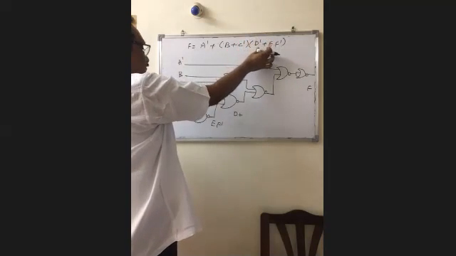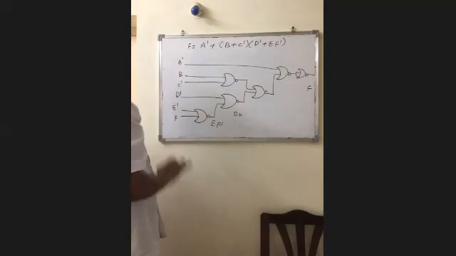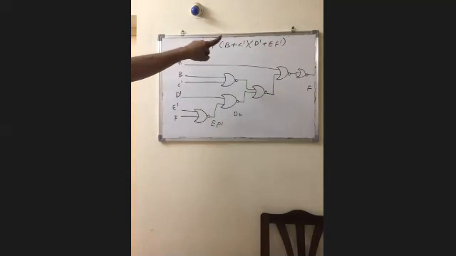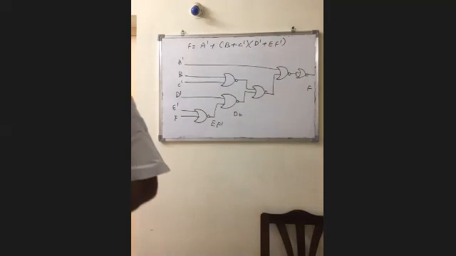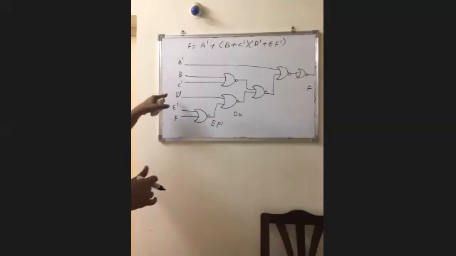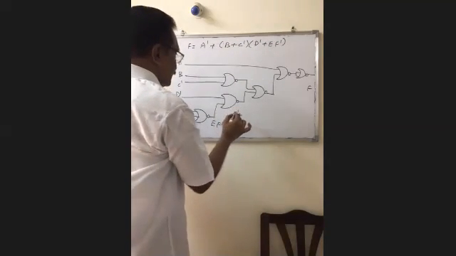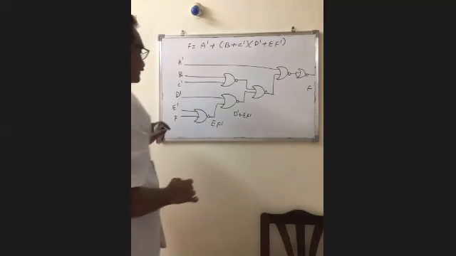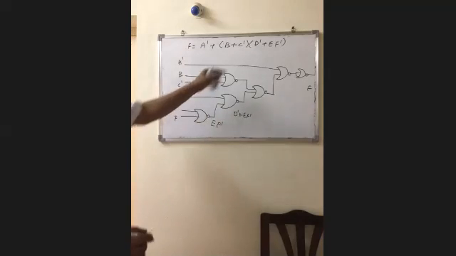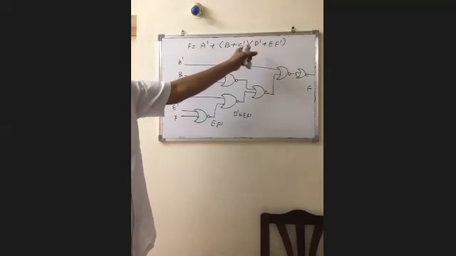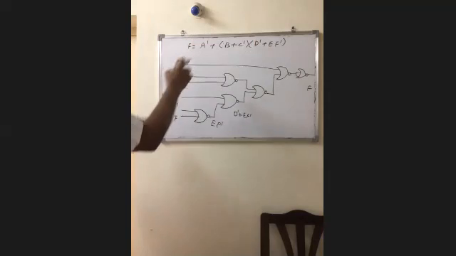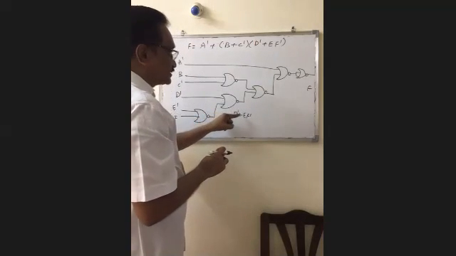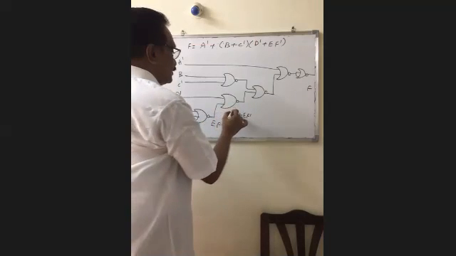So it is a sum term for NOR gates. You have to connect the input variable itself, directly. So connect a D dash. So D dash plus E F dash. Any doubt here? It is a sum term by using NOR. So simply connect the variables itself. So D dash plus E F dash whole dash.